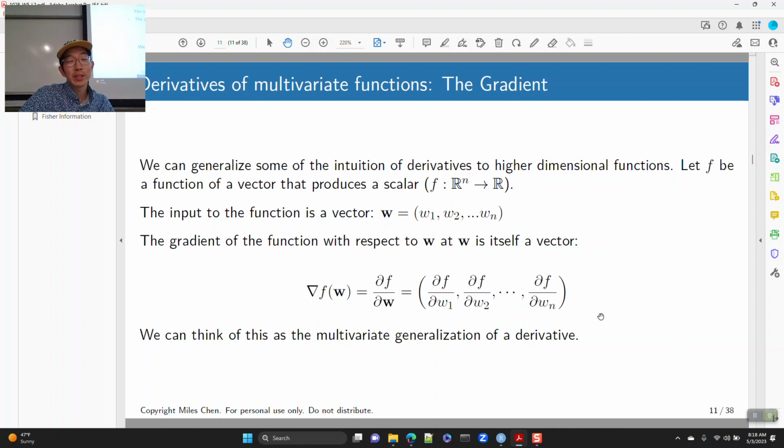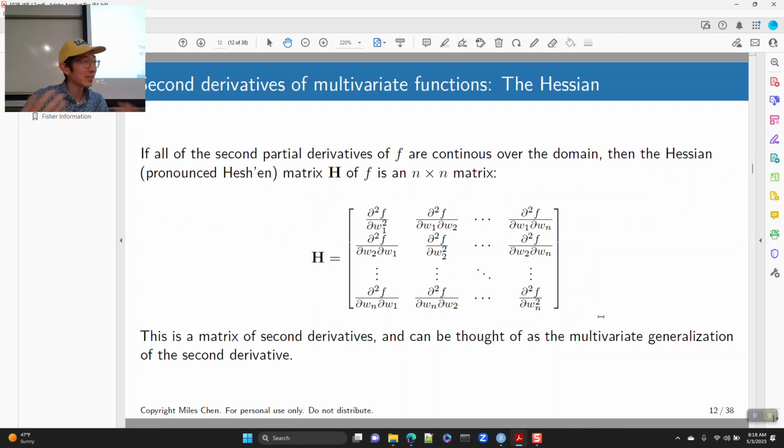And if we want to think of what the second derivative is, now we're going to get a matrix of all the second partial derivatives of f. If all of the second partial derivatives of f are continuous over the domain, then we get what we call the Hessian matrix. The Hessian matrix is going to be an n by n matrix, so you've got n terms in W,